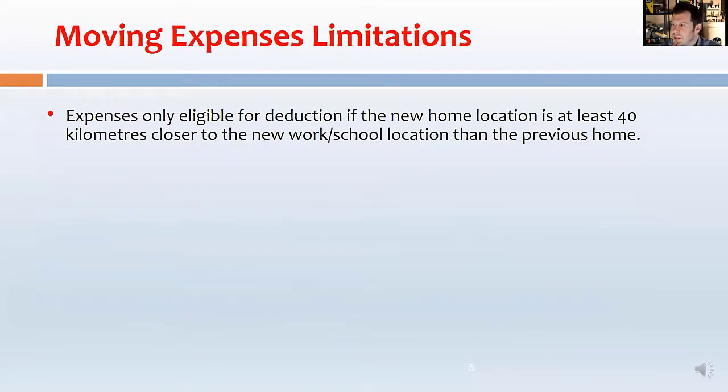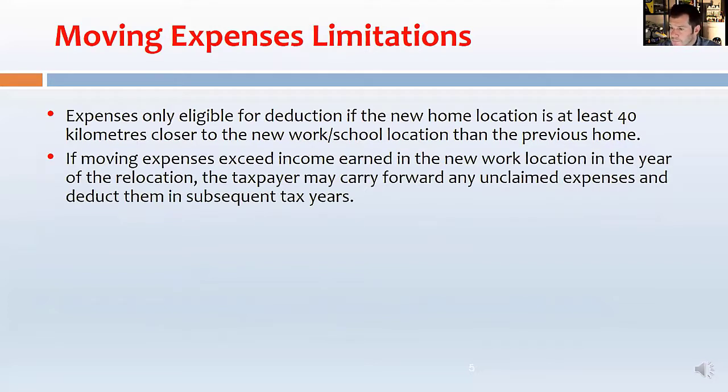So the new home location has to be at least 40 kilometers closer to the new work or school location than the previous home. So you can't just move 20 kilometers down the road and be able to deduct moving expenses. Got to be 40 clicks closer. Your moving expenses are also only deductible to the extent that you earn income from that new location,